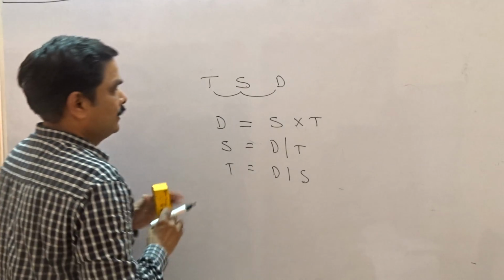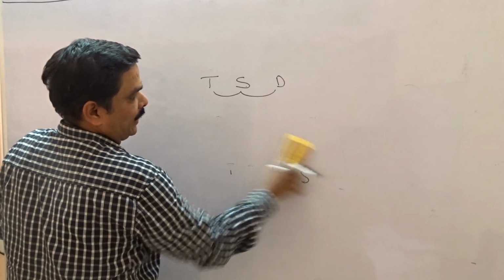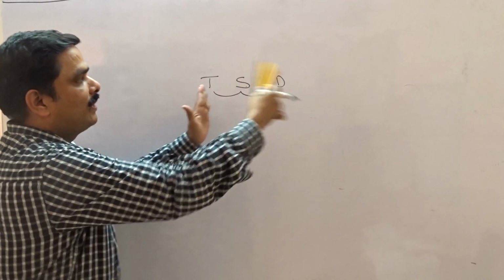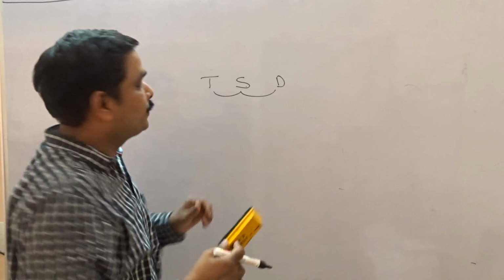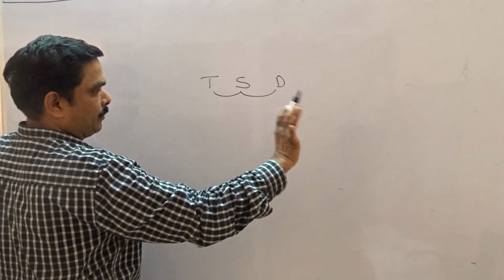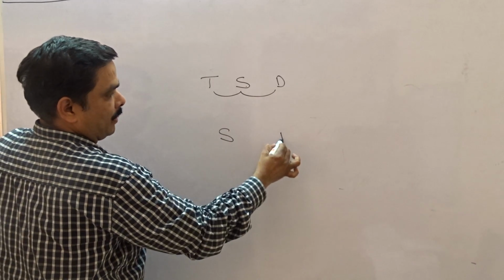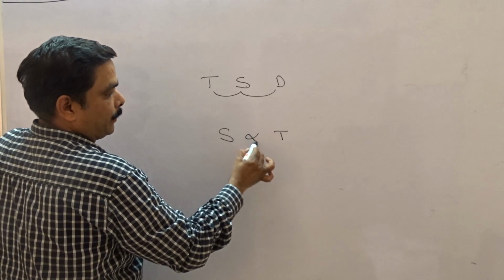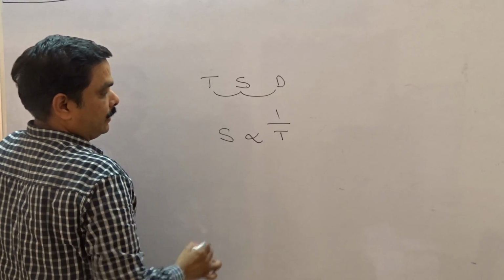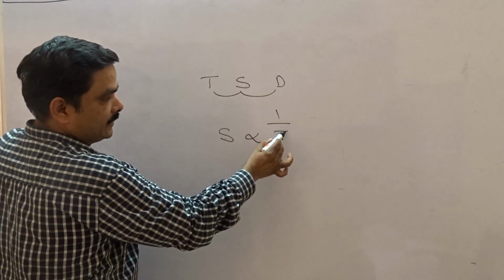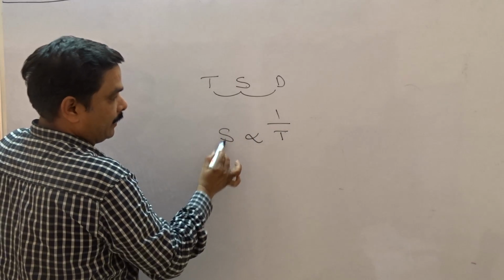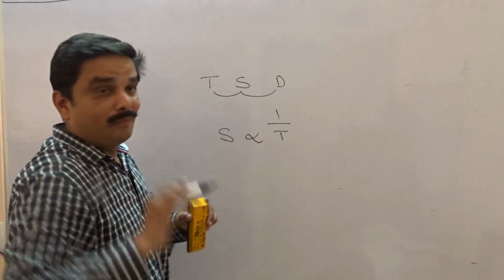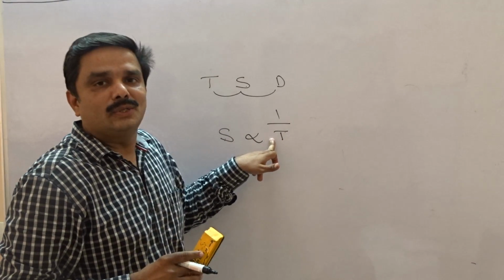The next one is, many students are ignoring this. Don't ignore this. Another way of relation among speed, time and distance: always remember, speed and time are inversely proportional to each other. The more the speed, the less the time, and the less the speed, the more the time. We can solve many questions with this relationship also.